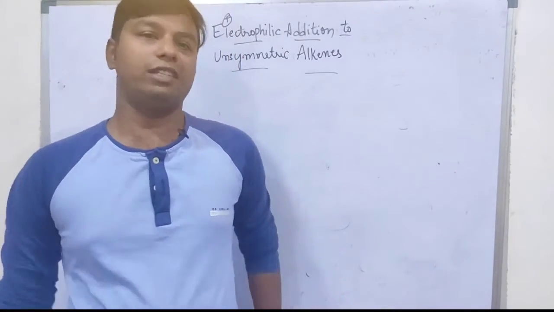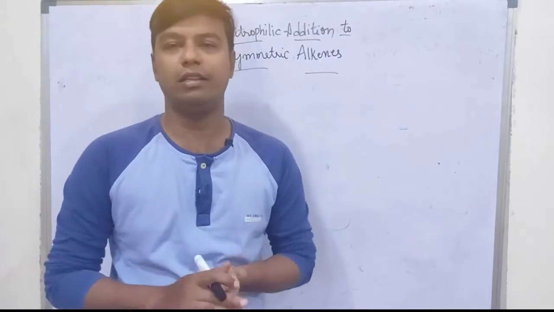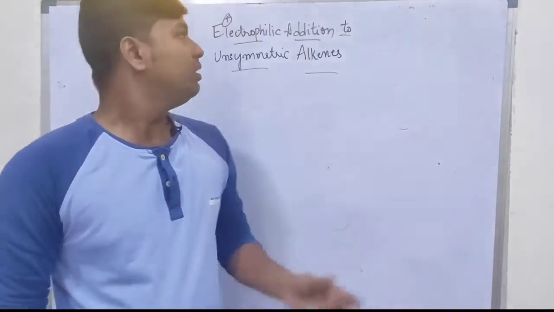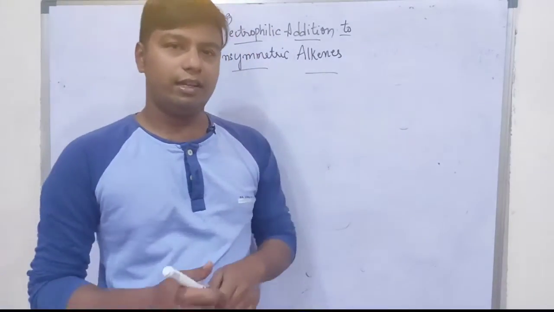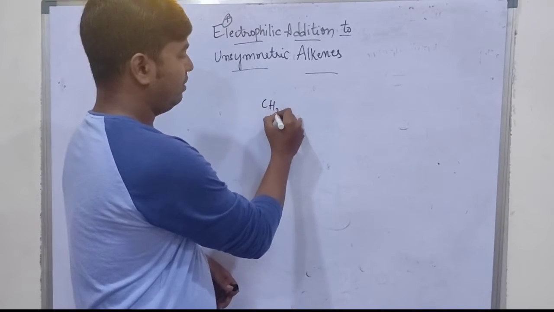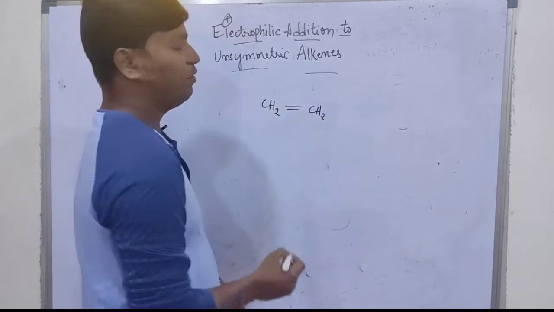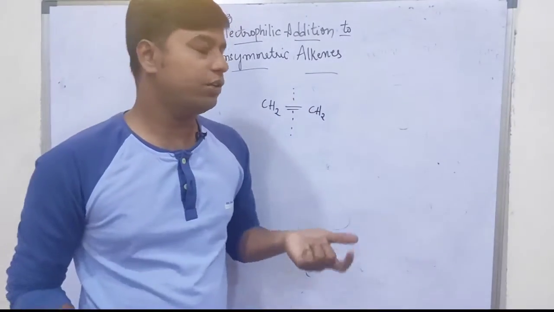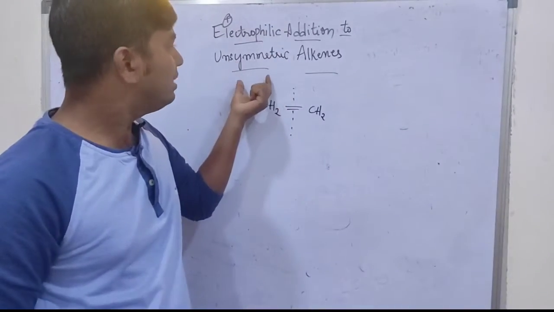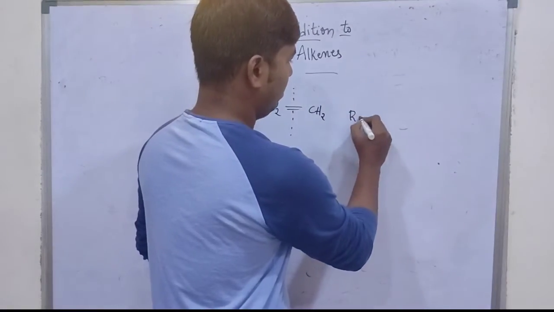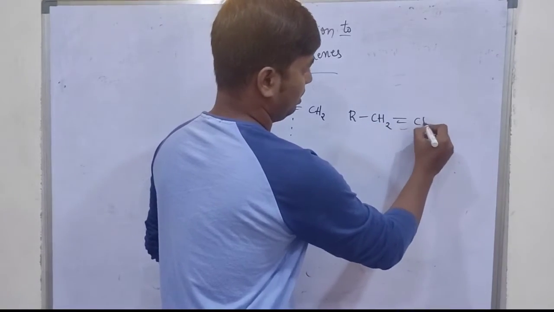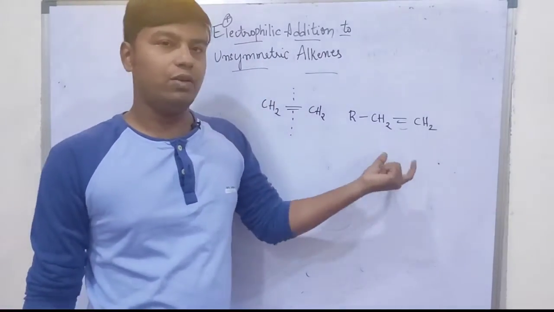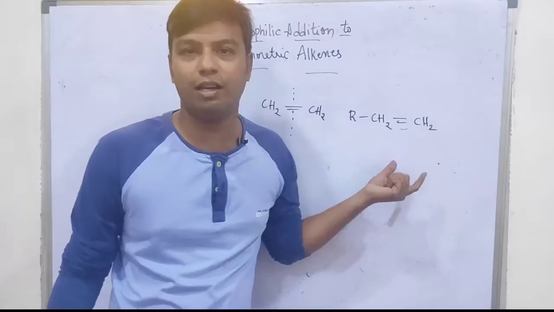So, in the last class, we discussed electrophilic addition on alkenes, right? Now in this class, we are going to extend the topic to a slightly more advanced level, that is, electrophilic addition to unsymmetrical alkenes. Previously, we took an example of symmetrical alkenes, which means if you cut this molecule in half, the left and right sides are equal, so it is called a symmetrical molecule. If you take unsymmetrical alkenes, say for example R-CH=CH2, this is not a symmetrical molecule. So what happens when an electrophile is added to this unsymmetrical alkene is what we are going to study.